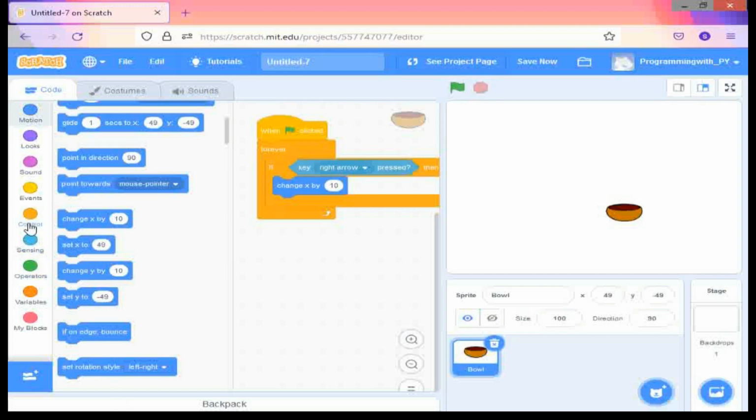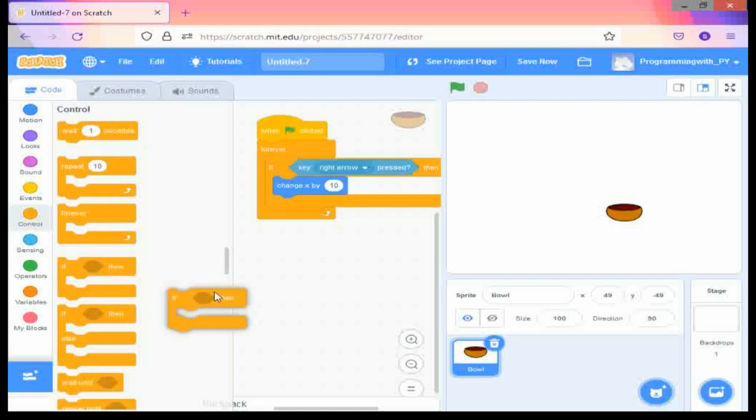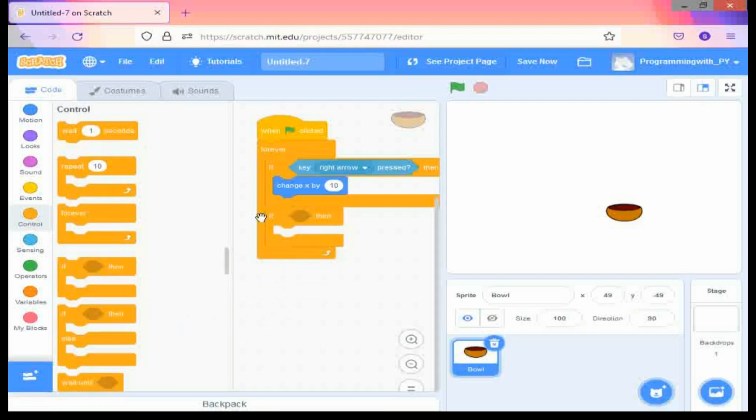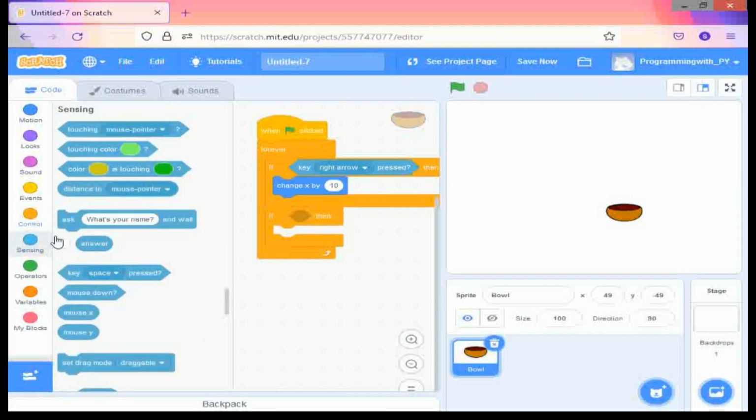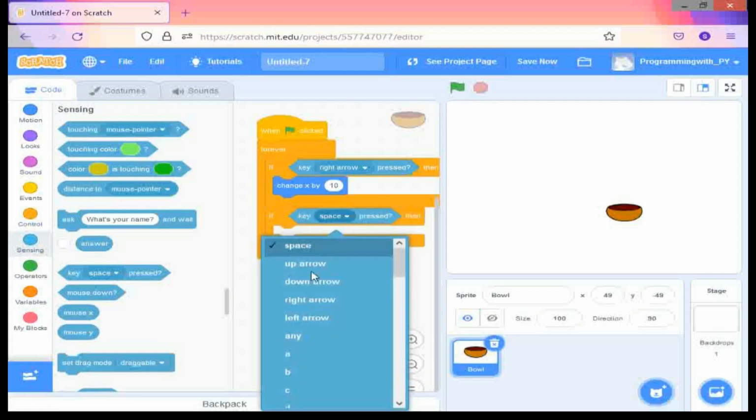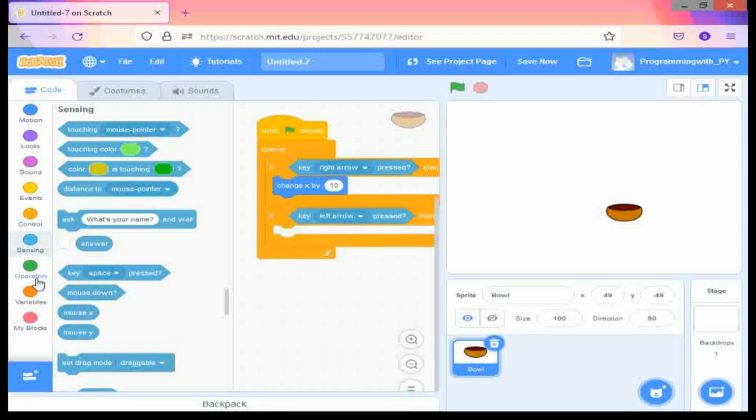So for that, go to control, take this if then and paste it here, if then inside forever, then go to sensing, key space pressed and change it into left arrow.